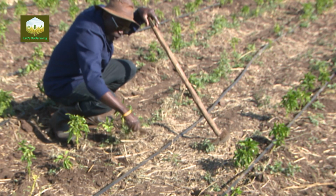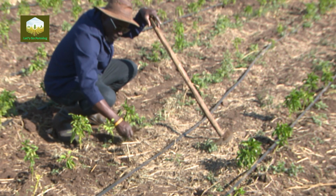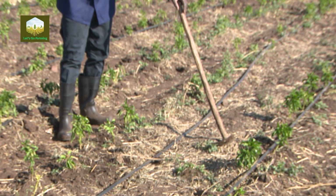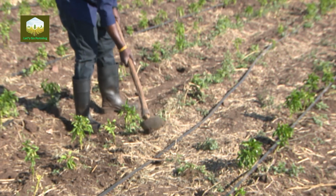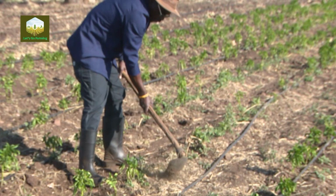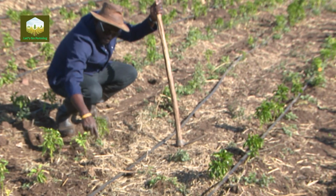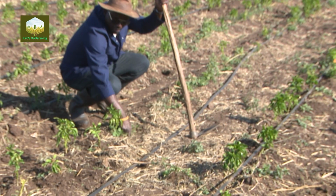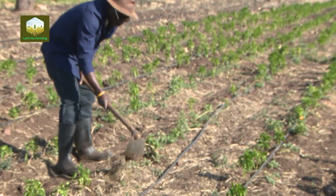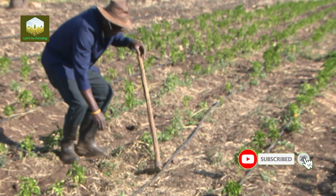especially for those weeds that are very close to your plants. It is advisable that you actually thin them out using your hands. But those that are very far out, like these ones, you can go ahead and weed them out like this. Weed them out like this. Anything that's very close to, as you can see, these weeds